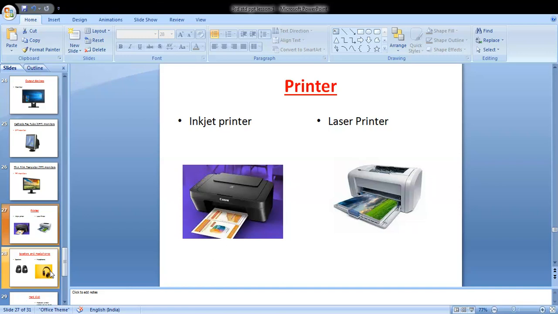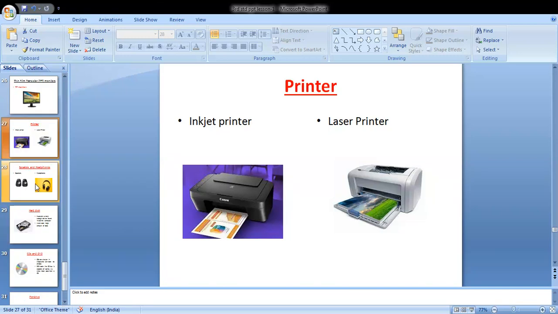Yes, and in school, to make your fee receipts or any record, and your report cards are all printed by a printer. That's why printers are used.